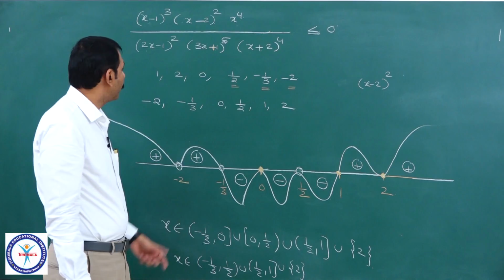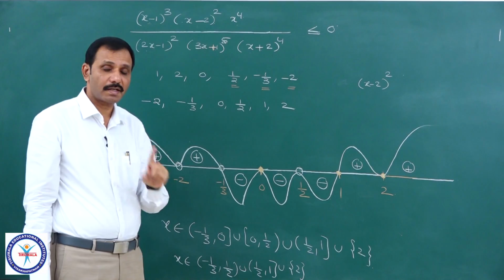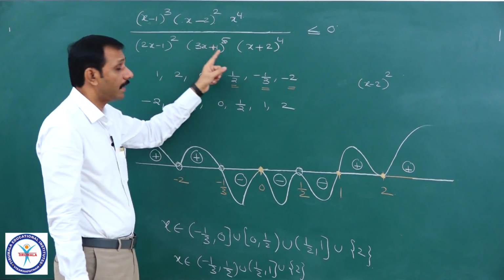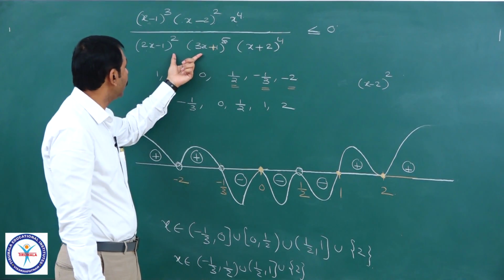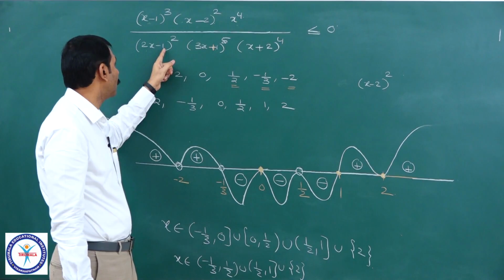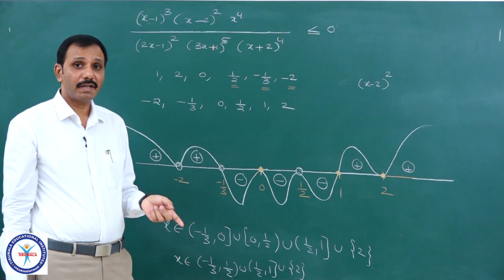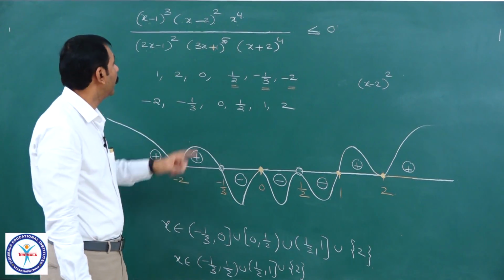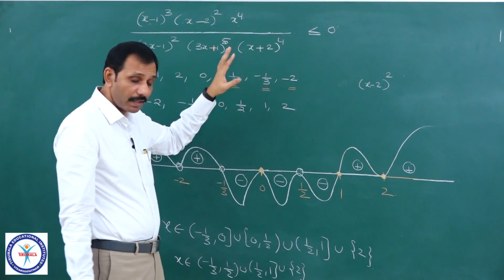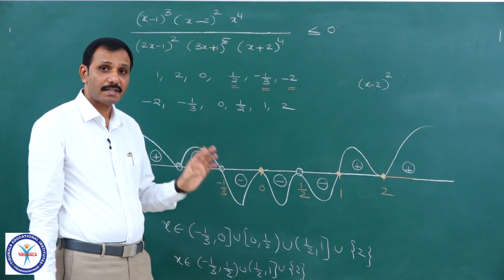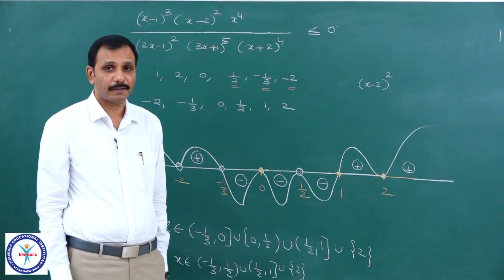Next, if it is a zero of the numerator, then mark it with a dark circle, and if it is a zero of the denominator, mark it with an open circle. Because these are in the denominator, if you substitute x equal to 1 by 2, it is not defined. Actually, you will come across that in finding domains and ranges. Because x equal to 1 by 2, minus 1 by 3, minus 2, if you substitute them, the denominator will become 0, which means it is not defined, implying those are not in the domain of the function.